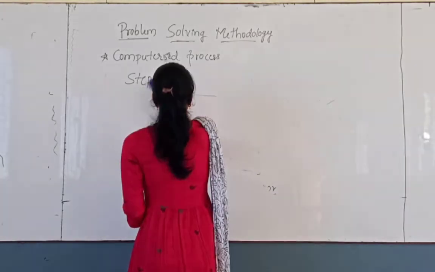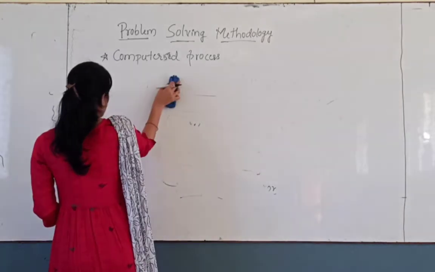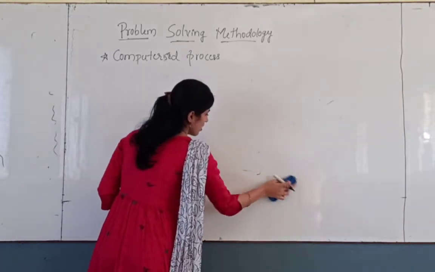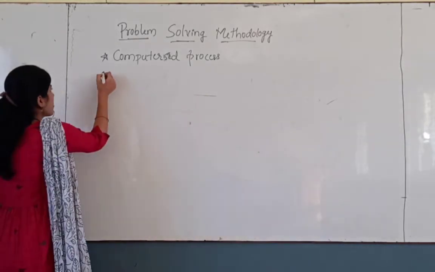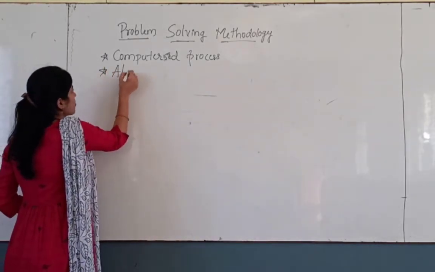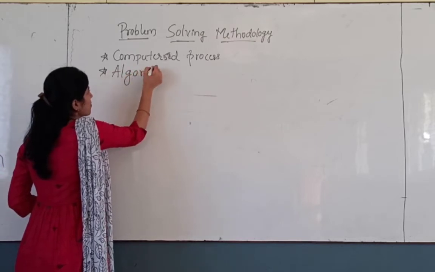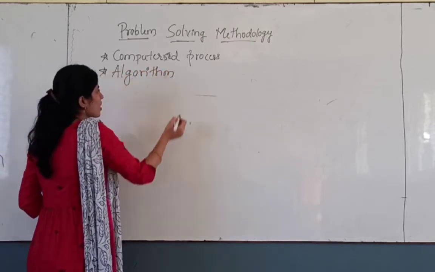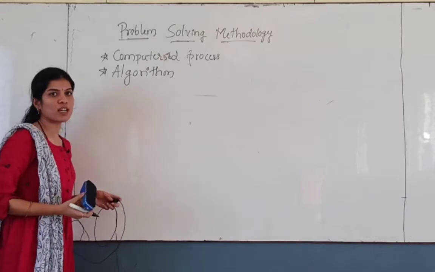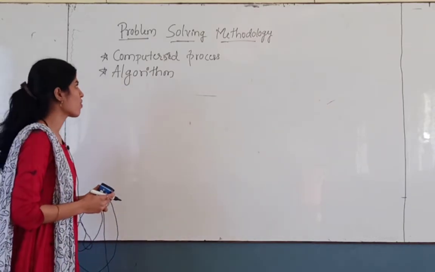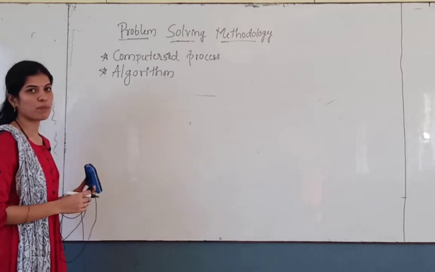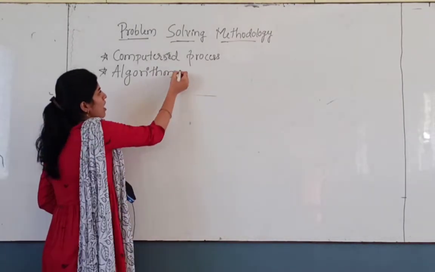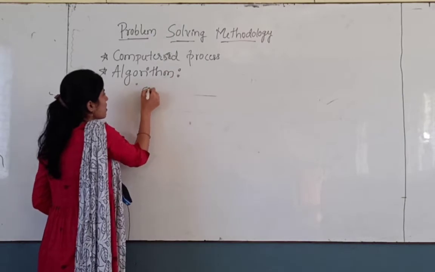Designing the algorithm and flowchart is also a main step of this problem solving process. The algorithm and flowchart are the two main tools used for the computerized solving process. So an algorithm is nothing but a step by step